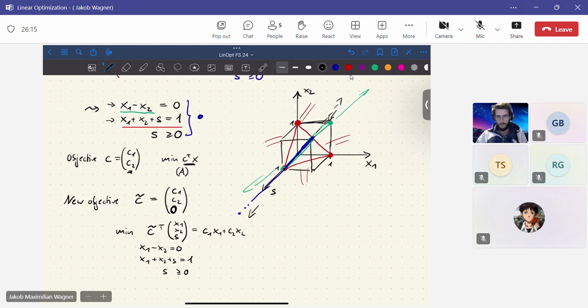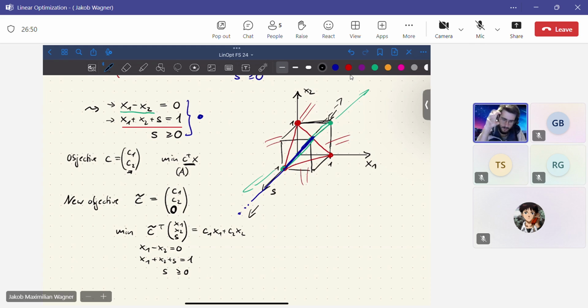So here we see how we can rewrite an inequality as an equality by introducing one new variable, and we have a positivity constraint for this variable. And we will see that if we have more inequalities, we can write them all as equalities if we introduce one new slack variable for each inequality constraint. And this then tells us that we can rewrite all